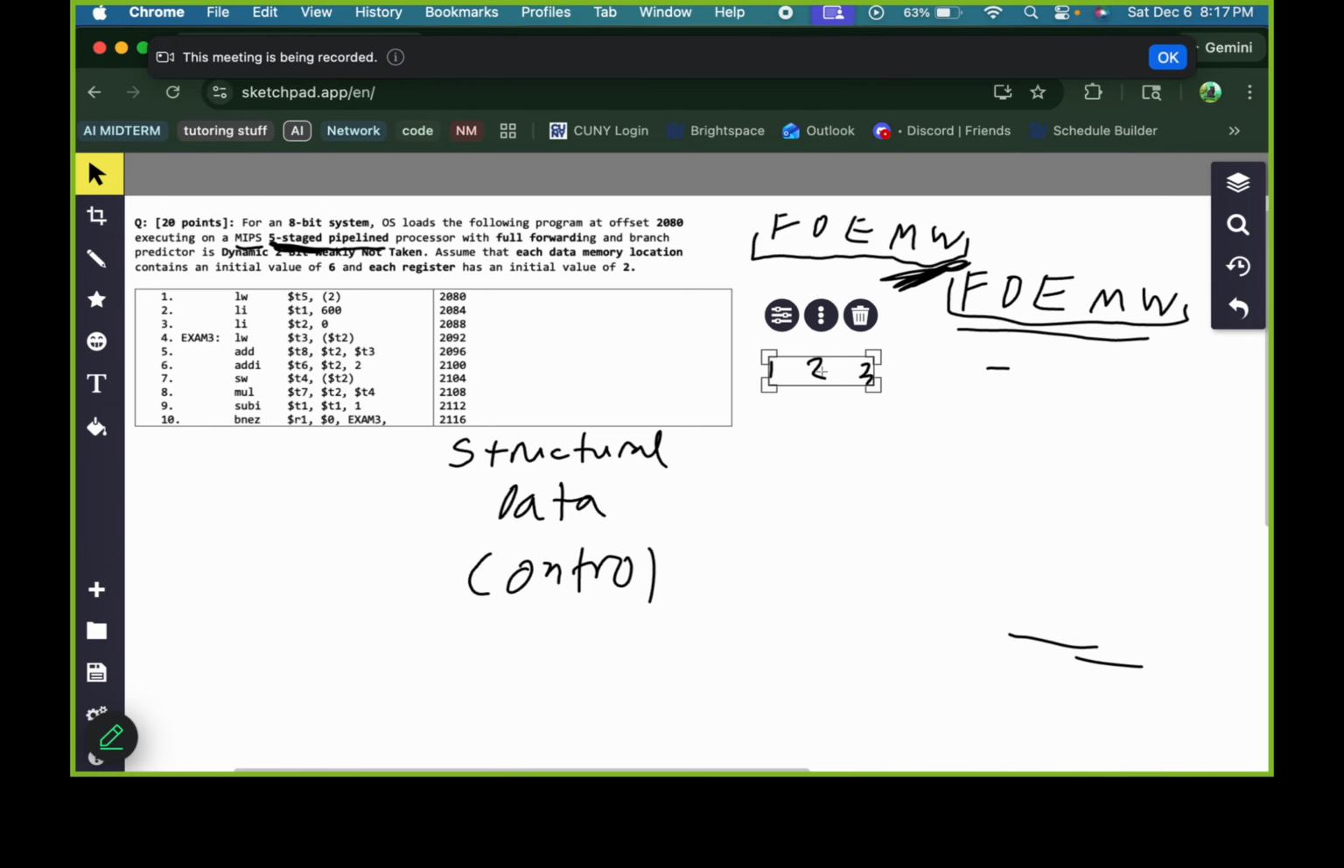Okay, so what if we had something like this? Let's say we had an R type: fetch, decode, exec, and then we know we don't go into memory for an R type, so we go right into write back. Then we do fetch, decode, exec. Let's say I have a store type, right, mem. And now let's say I were to have,